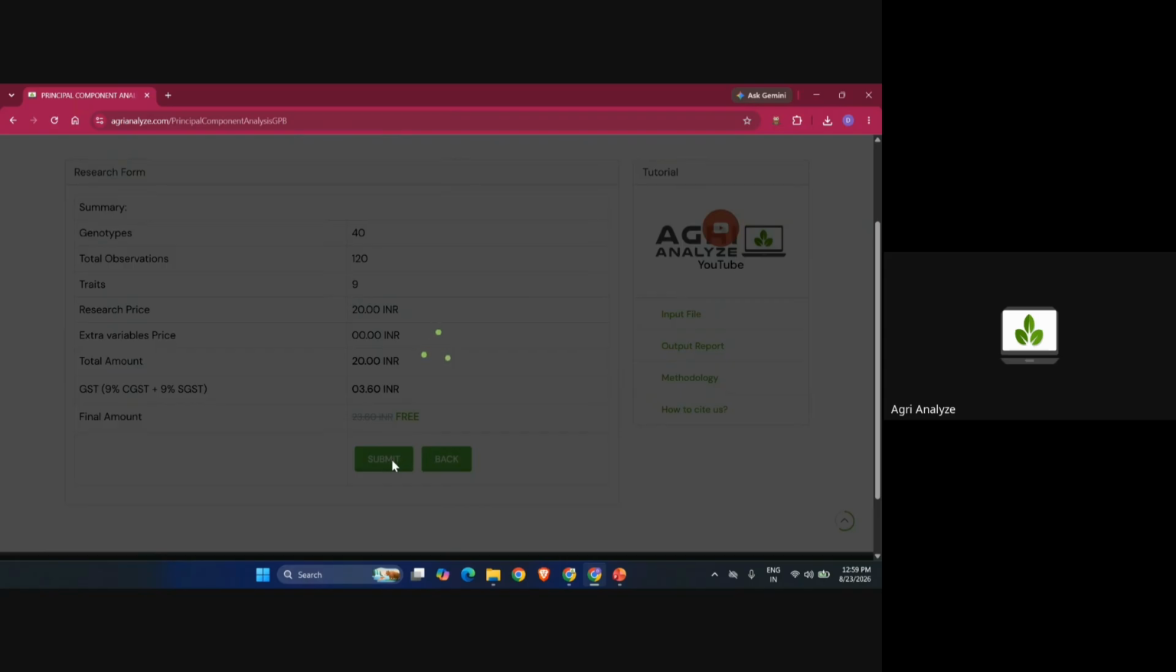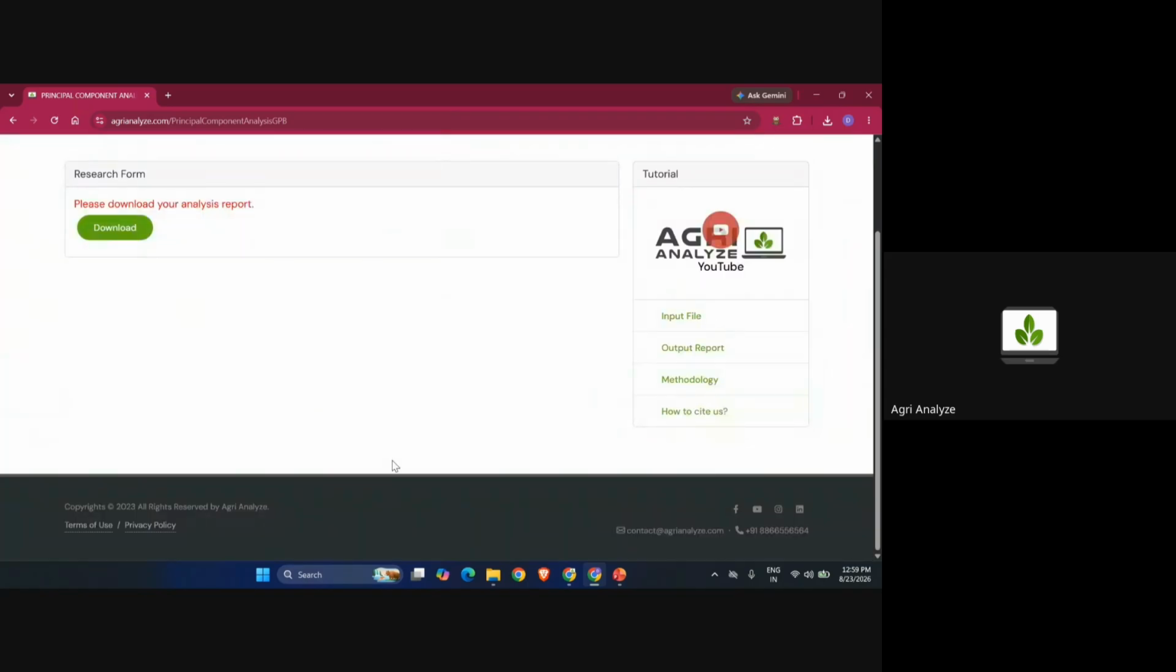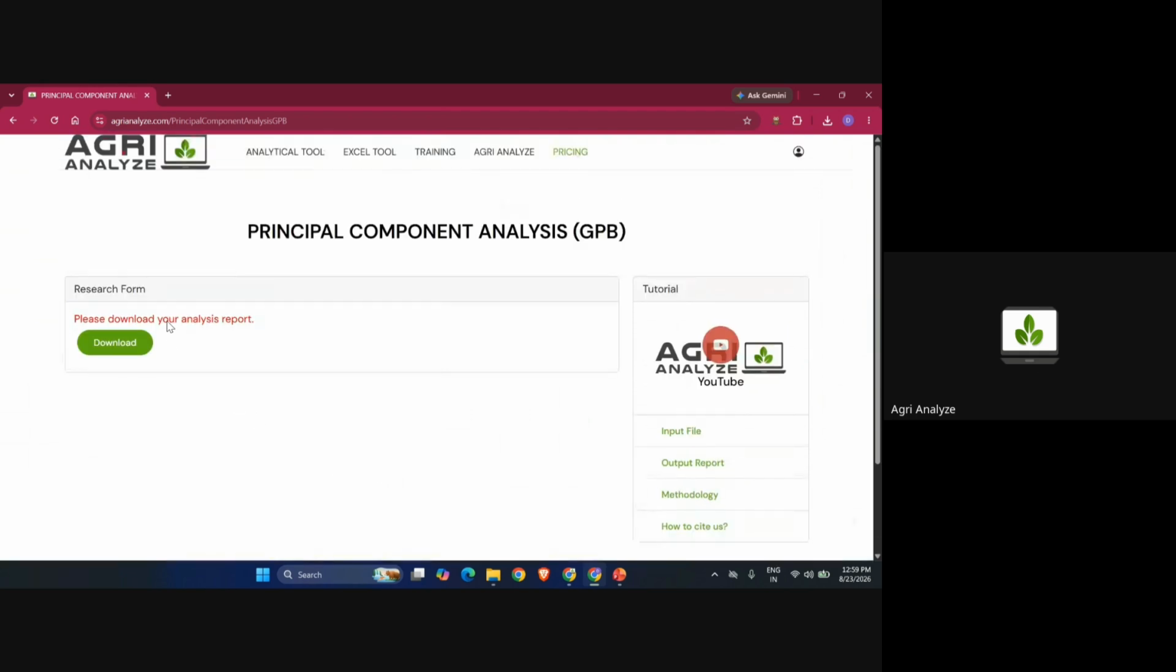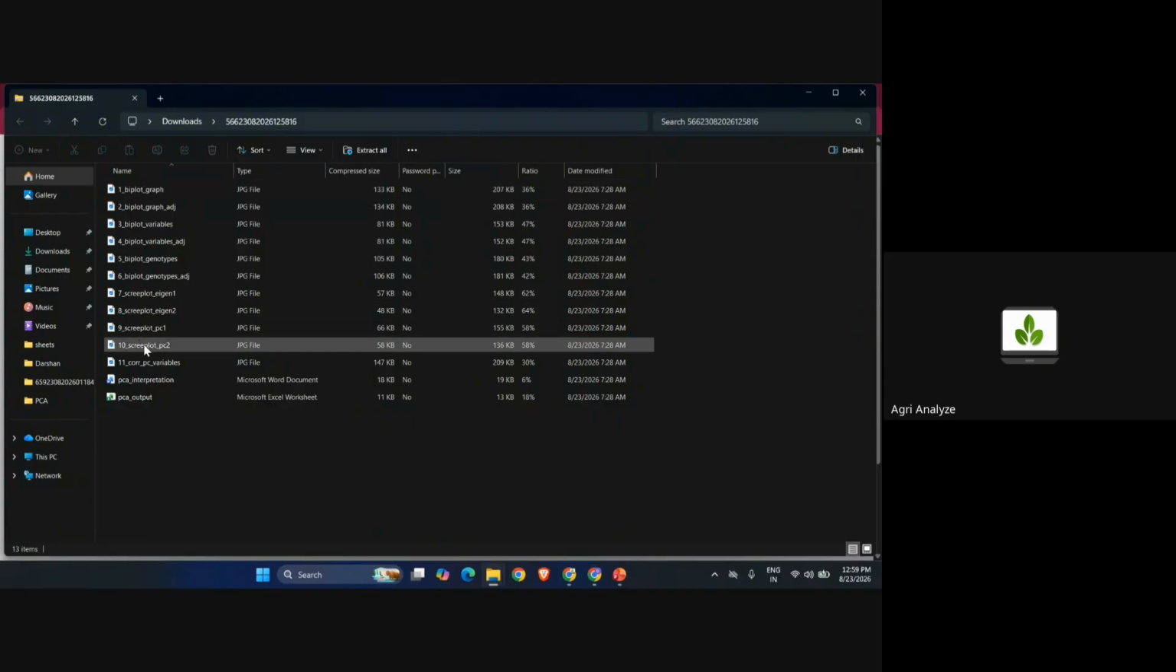It takes a few seconds for analysis of your data. So now your analysis report is here. We have to download your analysis report from this icon. Here you get the zip folder for the analysis report, because in the zip folder 11 graphs are given for your biplot